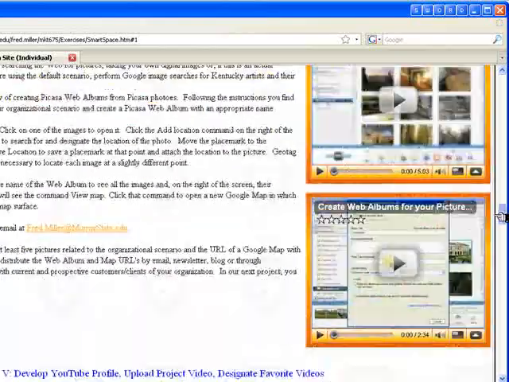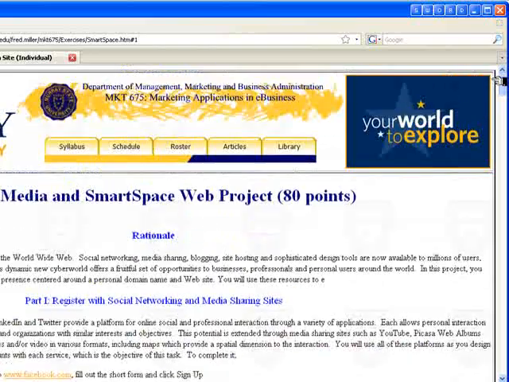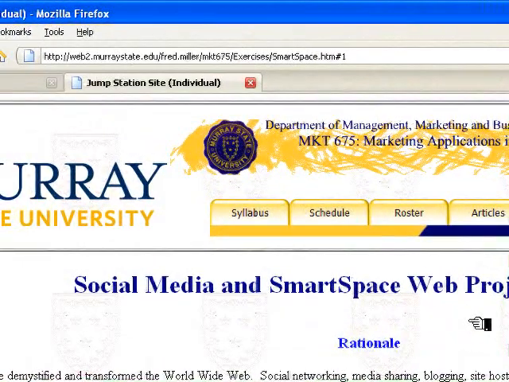It is the biggest single project that you do, and it has multiple components which are then integrated into a SmartSpace web page at the end of this project. The rationale is listed here, essentially what I've told you, that there are now all kinds of social media and media sharing resources, blogs, mapping, media sharing, video, pictures, resources available to you, that you can now create a very strong personal web presence